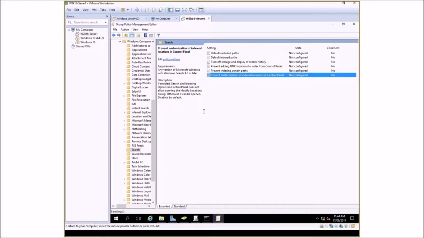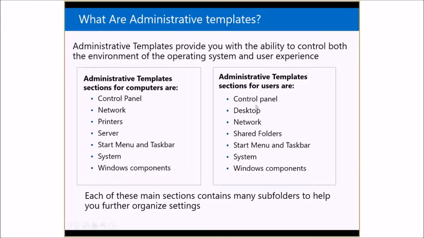But like I said, there's probably not an easy way to learn about each one of these settings just by clicking through. If I were you, I want to work out what I want to achieve, whether it's possible to achieve it with group policy, and if it is, what are the settings I need to configure and where they are. So let's say we want to achieve something like